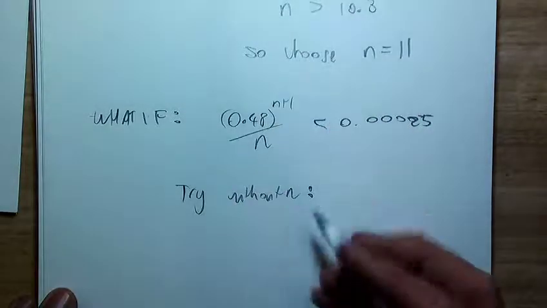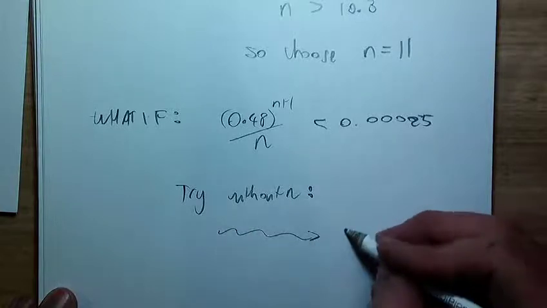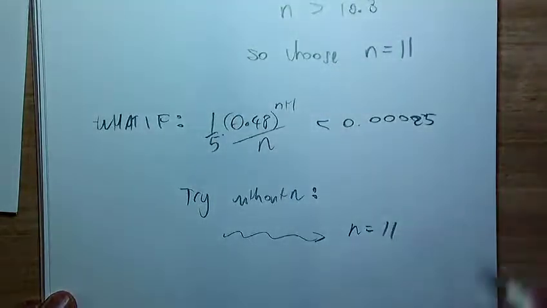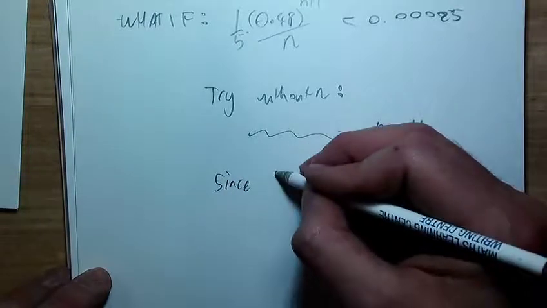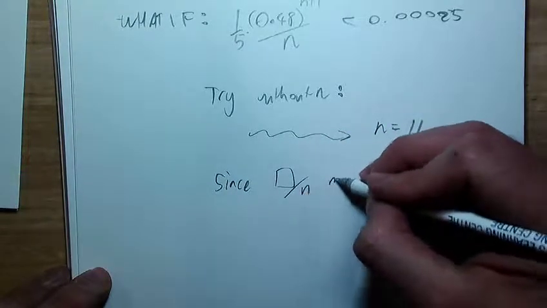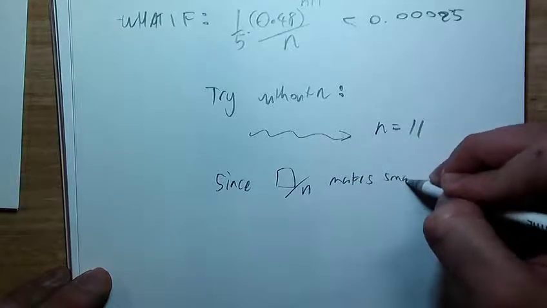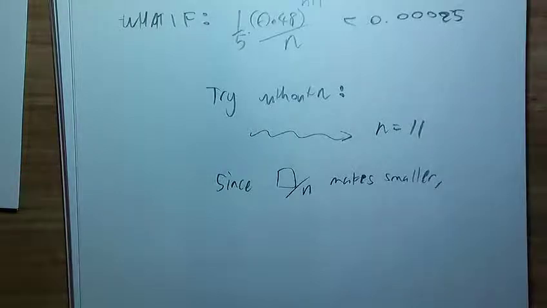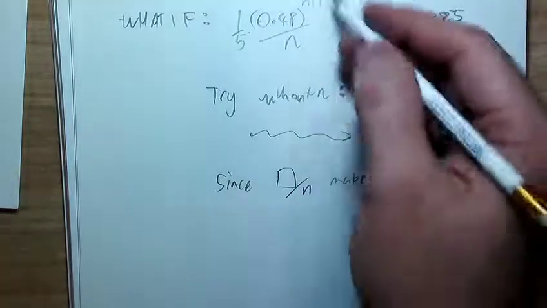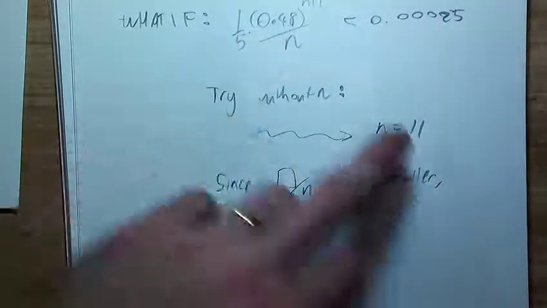And then, using the working that I got before, I ended up with n equals, I'll keep the fifth in there, I'll end up with n equals 11, okay? But then I know that, since dividing by n makes it smaller, I'll get to that small number earlier because I'm using smaller numbers here. This number is smaller than the number I was going for,